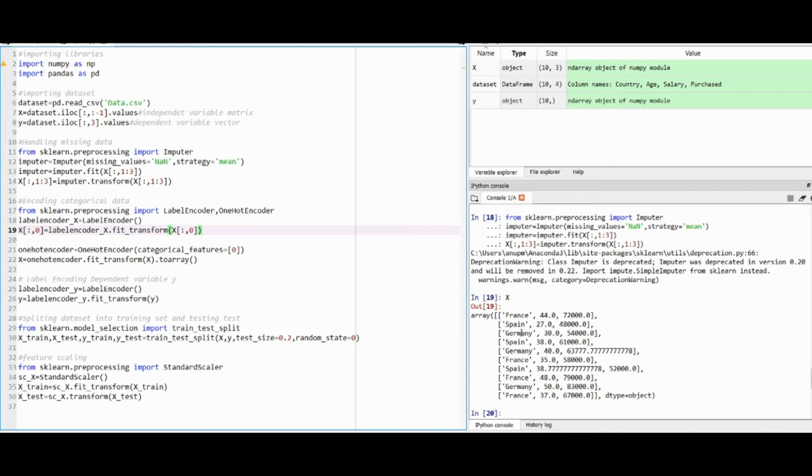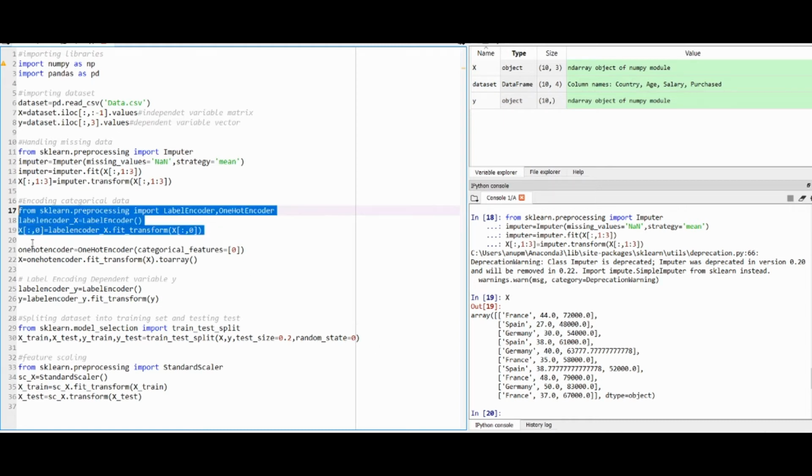Now X[:, 0] equal to labelencoder_X.fit_transform(X[:, 0]), which means that we have to encode all the rows of the first column in the features matrix X. So let me run this code so that you can understand what it has done.